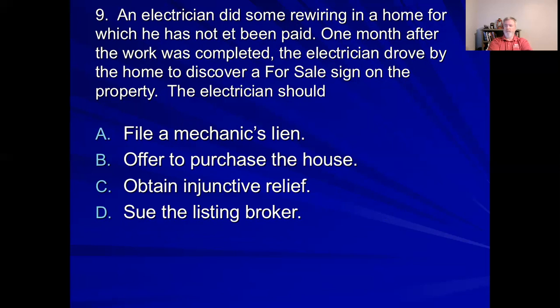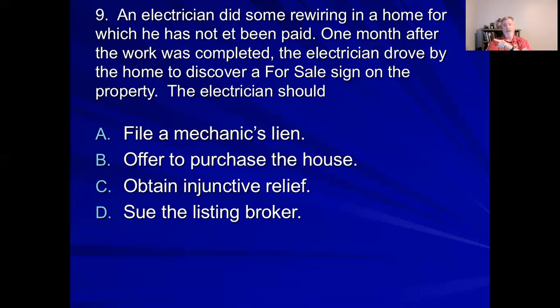Now, y'all, I hope this should be pretty simple right here. In fact, we talked about pretty much all the things you need to understand here in an earlier question, quite frankly. But again, let's start at the bottom and work our way up. Can they sue the listing broker? Yeah, I guess you could. Anybody can sue anybody for anything, apparently, but what's the likelihood you're going to be successful by suing the listing broker? No, the owner asked for this work to be done, not the listing broker, right? So the listing broker is not going to be responsible for payment here.